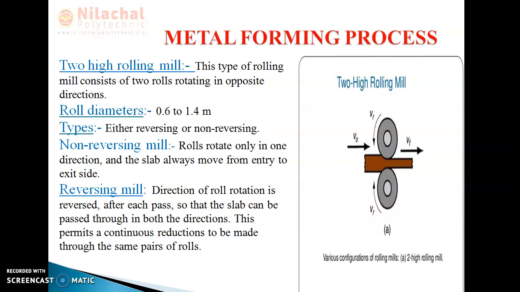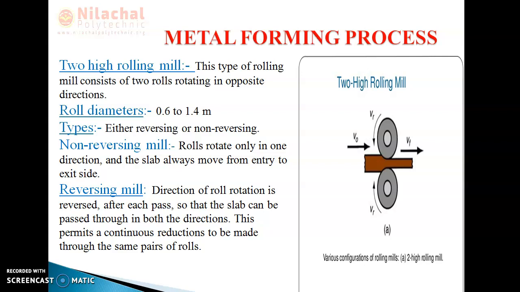That means one rotates clockwise, and the other roll, placed in the lower part, moves anti-clockwise. This type of mill is used for initial rolling of ingots. Basically, this mill is used for initial rolling. Again, as the slide shows,